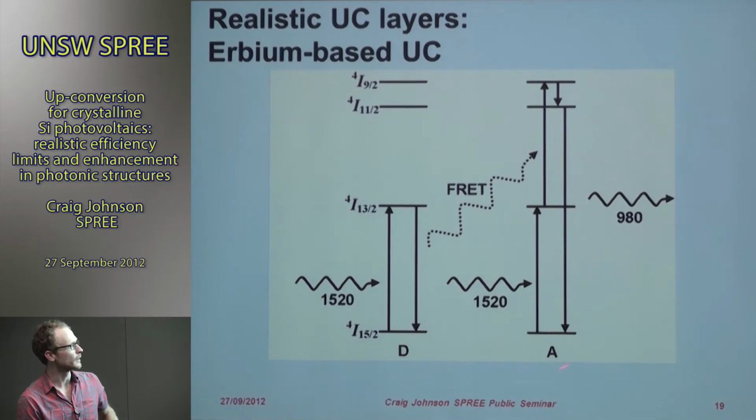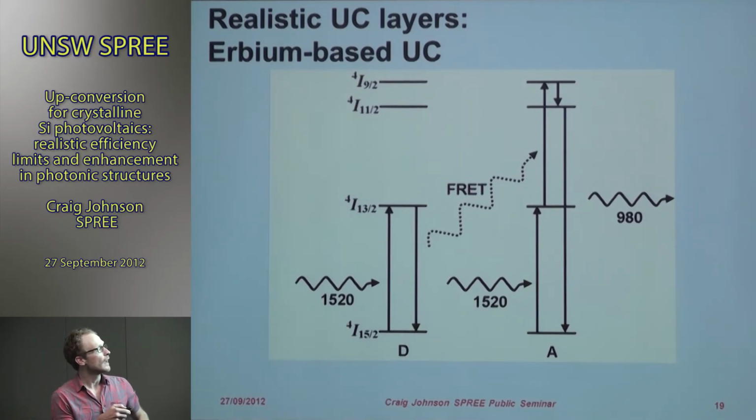These two things are both just erbium ions. One's labeled D and A for donor and acceptor. And what we show here is just an energy transfer process that allows upconversion to occur in erbium. So erbium, like most rare earth ions, is distinguished by these really discrete energy levels that go up in a ladder and don't change very much based on the host. And erbium absorbs, this first excited state transition is at about 1520 nanometers. And then the transition from 4I13/2 to 4I9/2 is about the same